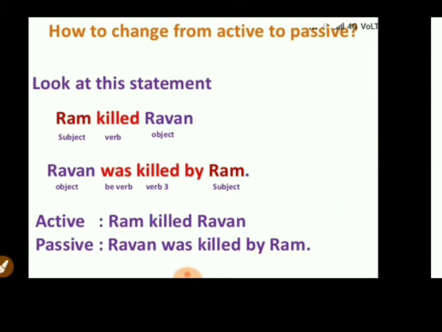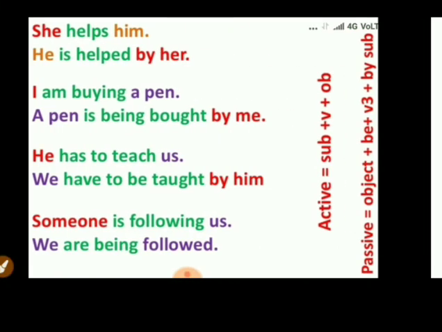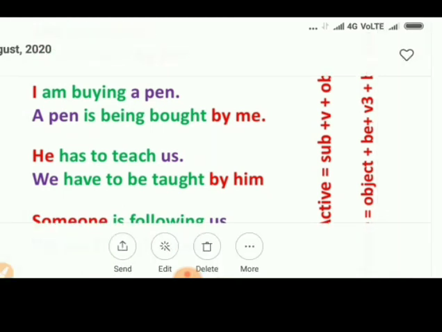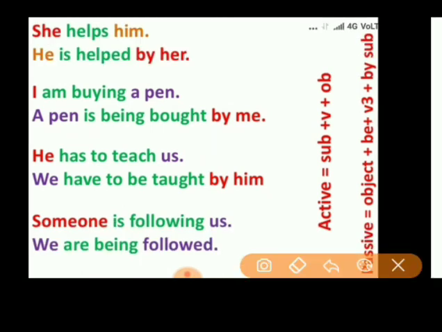Okay, dear children, so different kinds of tense have different structures for active and passive voice. Look at the examples. She helps him. He is helped by her. Him changes to, yes, him changes to what? Yes, he, like we learned yesterday in pronouns, how to change pronouns. He changes to him, so him can be changed to he. He is helped by her and she changes to her.